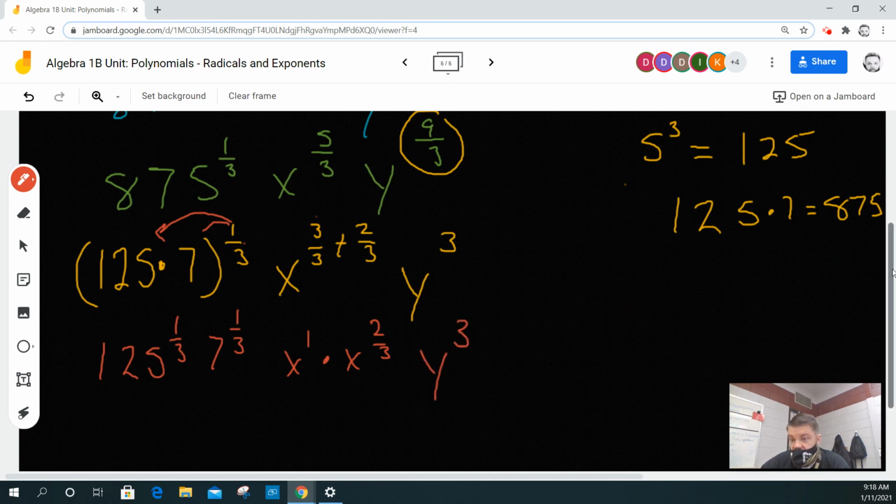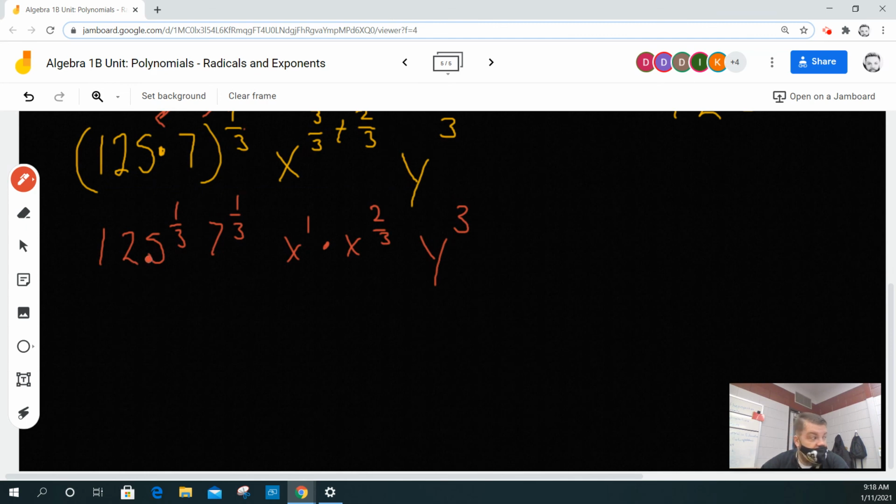Okay. Now, if I scroll down, 125 is actually 5 cubed. So I'm going to say 5 cubed raised to